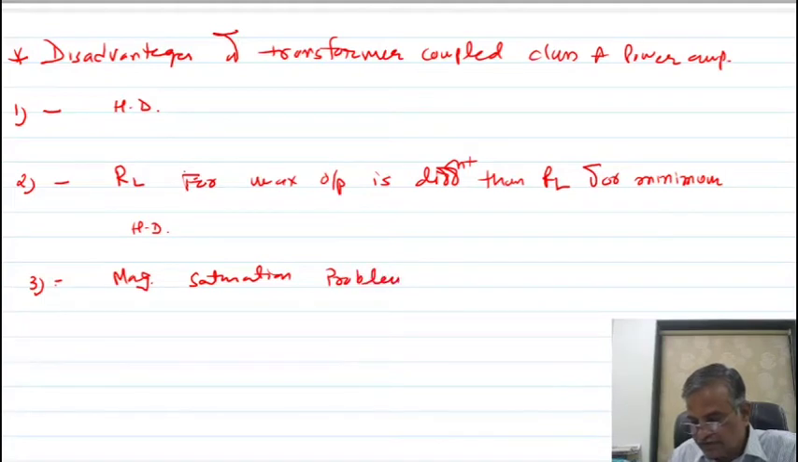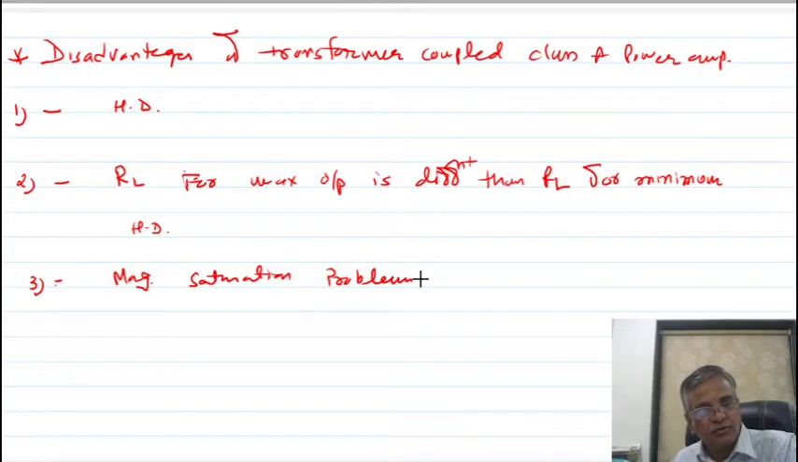Due to magnetic saturation in the primary of the transformer, the output is not an exact replica of the input. So you can say distorted output is developed across RL. If the Q point is at the middle point of the graph of B versus H, then we can get